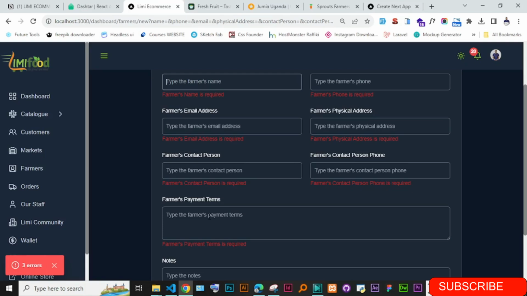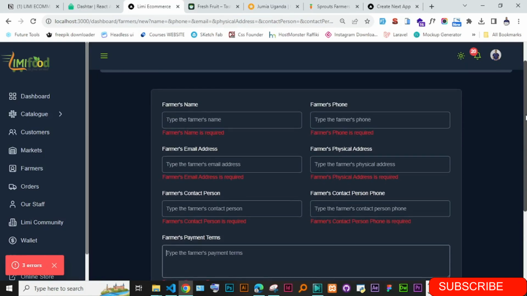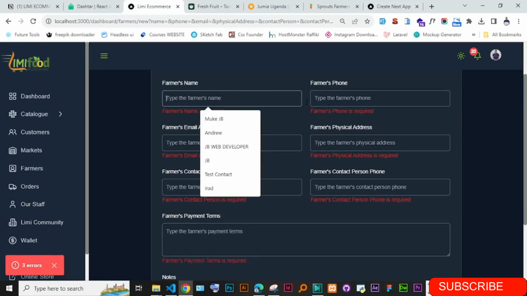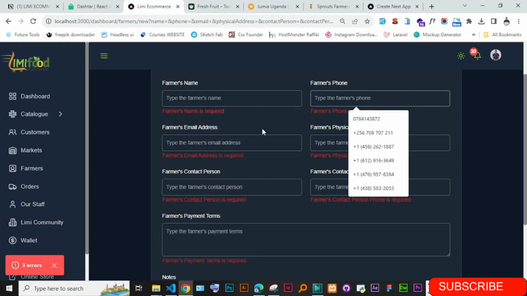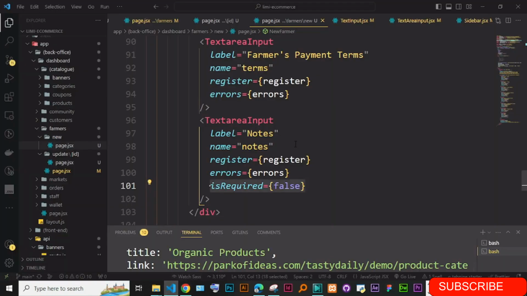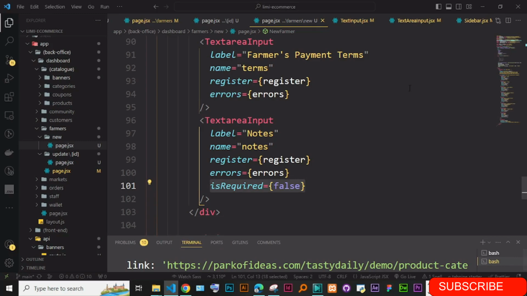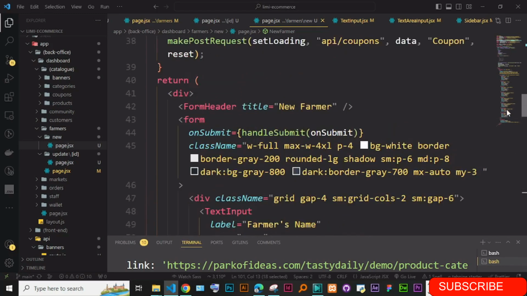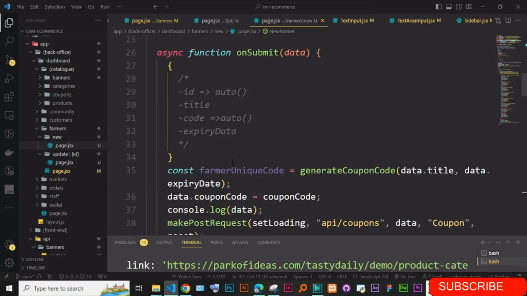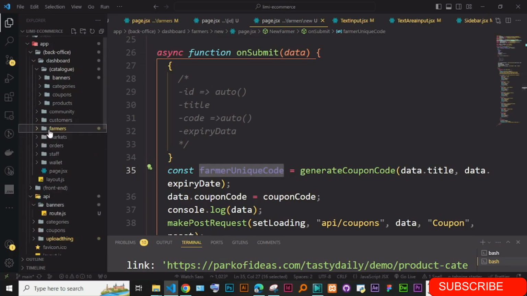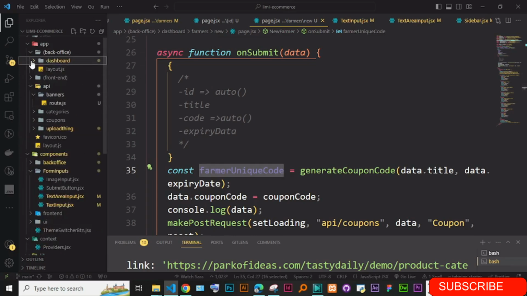Okay, so now let's have this receive all this data in the API side. So we have all this information. We're just going to be receiving it one by one. So to easily receive this, I can first of all, of course, there is a code that's supposed to be generated, this farmer unique code. Now we could just generate any random, just a random code,